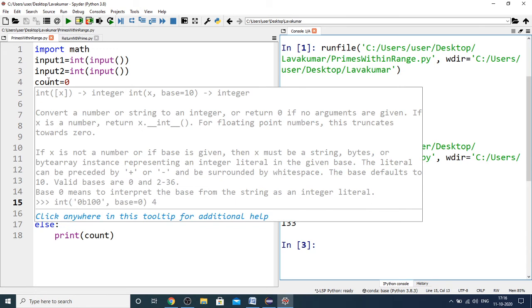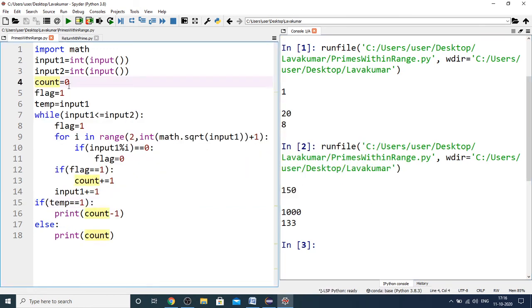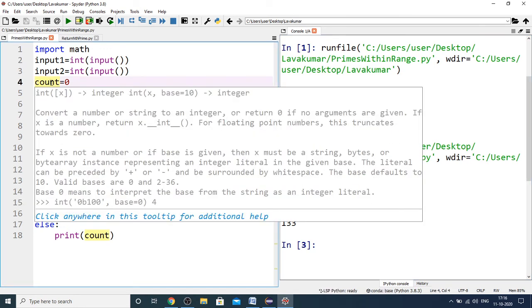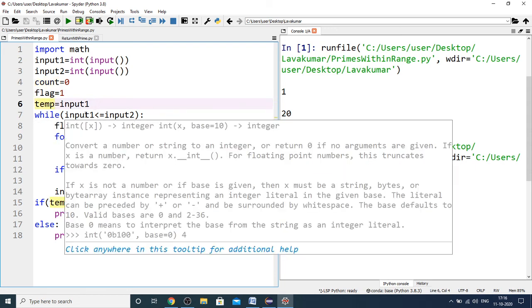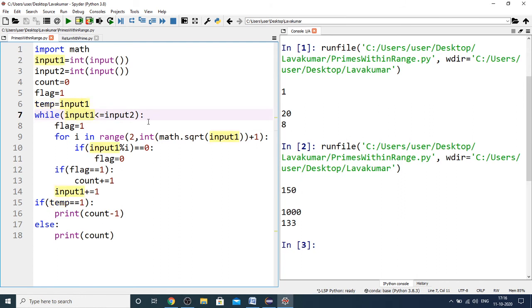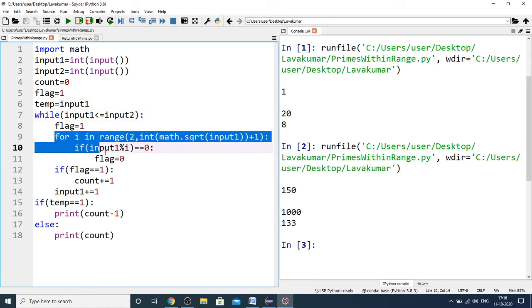So if you start looking from line 4, as you have seen with my Java code, the same way here also I have initialized count to 0 and flag to 1 and temp to input 1. And again I am running my while block as long as input 1 is less than or equal to input 2, and I am initializing flag to 1, and I am running through the for loop.